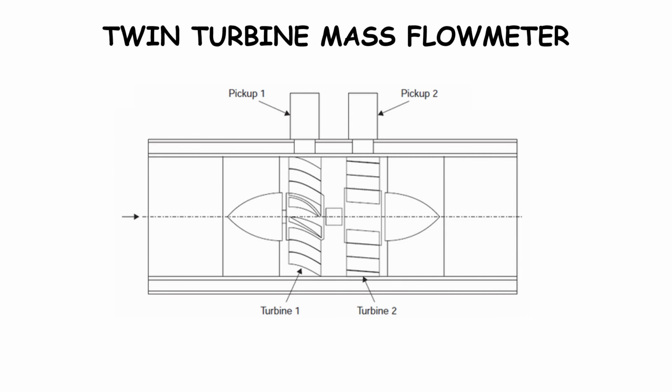In this instrument, two turbines are mounted on a common shaft, as shown in the picture of a twin turbine mass flow meter. The two turbines are connected with a calibration torsion member. A reluctance type pickup is mounted over each turbine, and a strong magnet is located in each turbine within the twin turbine assembly itself. Each turbine is designed with a different blade angle, therefore there is a tendency for the turbines to rotate at different angular speeds.